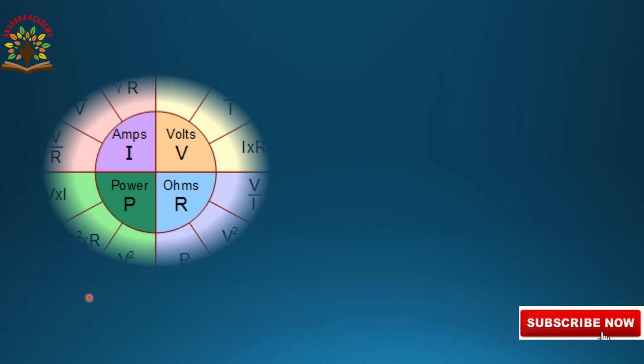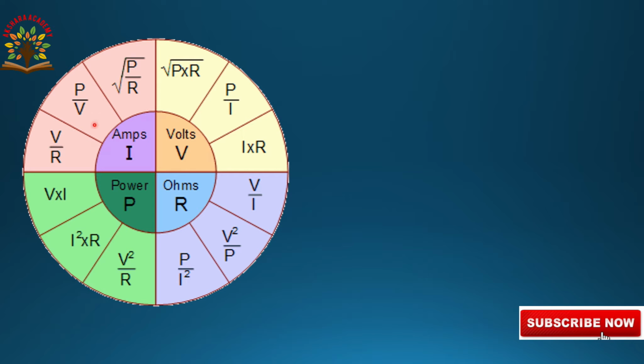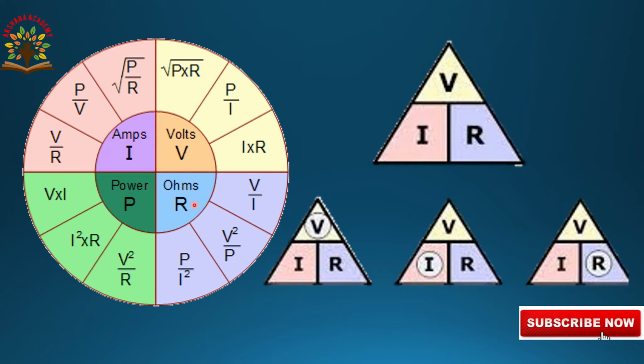Next, this is the pictorial representation of Ohm's law in various formulas. V is in volts, I in amperes, and R in ohms. This is the representation of Ohm's law in the form of a triangle, which makes it easy to calculate the formulas. V is equal to IR. If you want to calculate I, I is equal to V by R. If you want to calculate R, R is equal to V by I. These are the formulas to calculate V, I, R from the Ohm's law expression V is equal to IR.